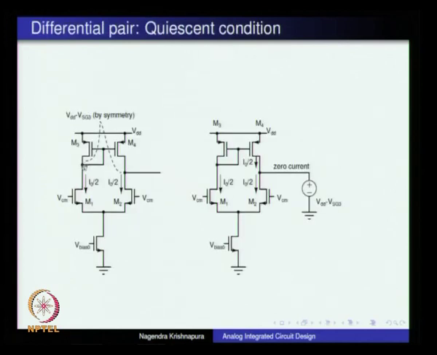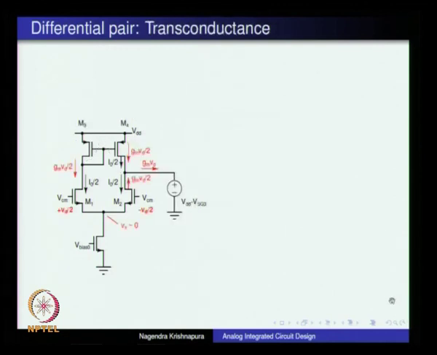So, we said that this and that voltage are equal by symmetry, that is how we started the analysis. If we terminate this with VDD minus VGS3, nothing will flow there, and I0 by 2 will flow through all these 4 transistors, where I0 is the tail current. And to calculate the transconductance, we have these incremental voltages Vd by 2 that cause a current GM Vd by 2 here and GM Vd by 2 in the opposite direction. So, a net current of GM Vd will flow to the output.